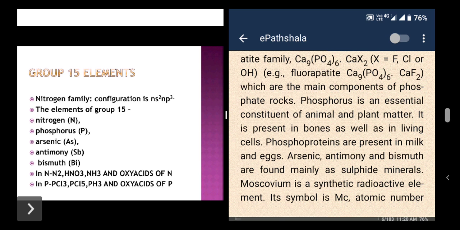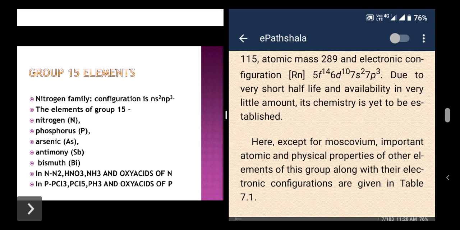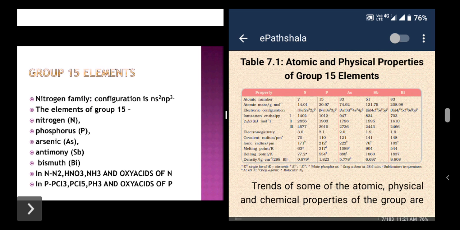In phosphorus, halides will be formed, such as phosphorus chloride, and hydrides are also possible, where phosphorus hydride, that is PH3, phosphine, will be formed. Oxyacids of phosphorus will also form when oxygen reacts with it. Okay, now the physical properties of